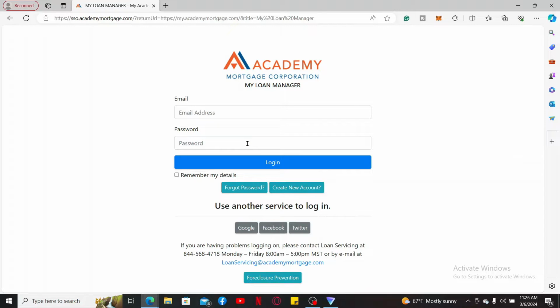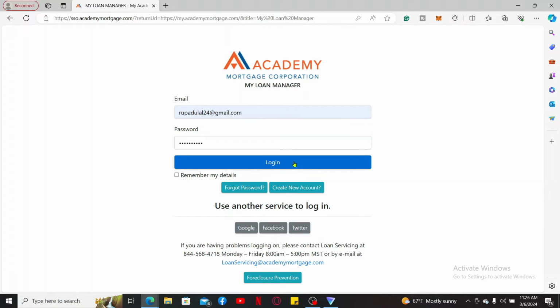Start off by typing in an email address and type in your password in the next field. If you don't remember your password during the process, get help by clicking on Forgot Password and follow through the on-screen instructions. After filling in your credentials correctly, click on Login and you will then be able to log into